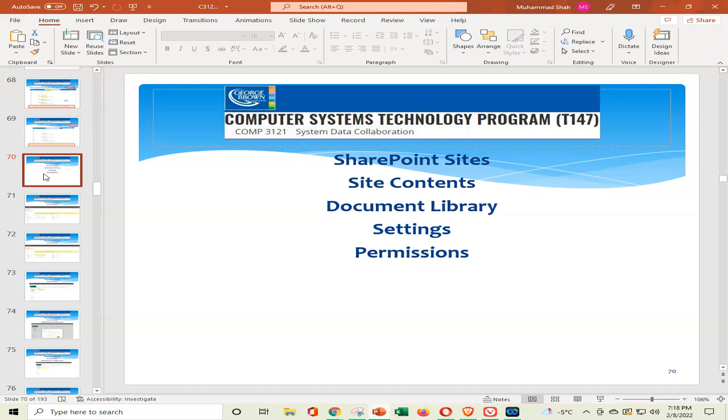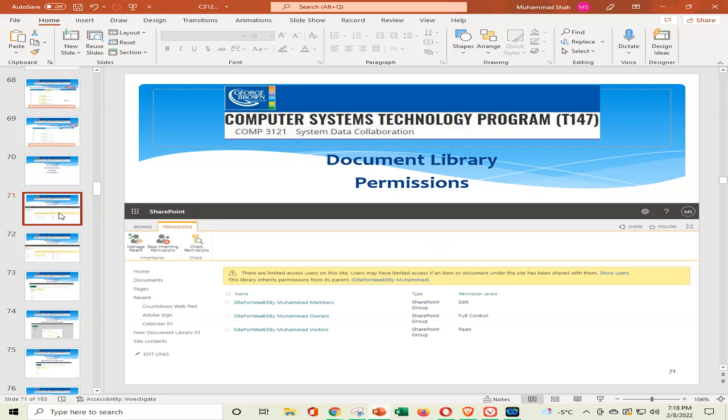Now we go into our document library settings and permissions. This will be our next topic. So we want to go to our document library permissions. To reach our document library permissions, how we reach there, we go to our